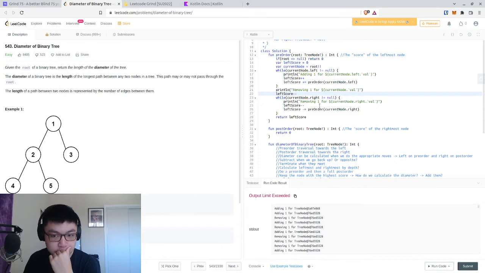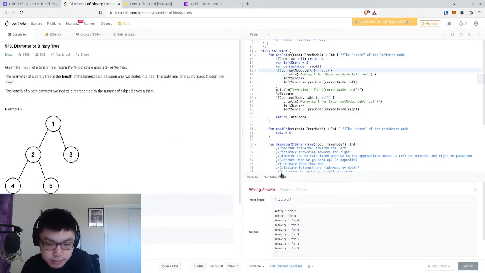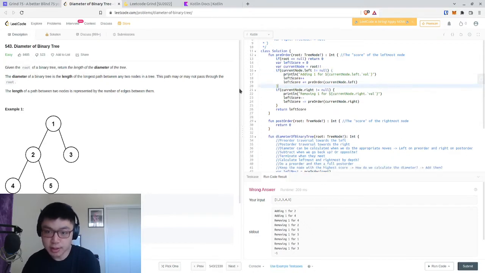Let's see. And I think I want to change these from whiles to ifs. And let's see what we get here now. Okay, we add 1 for 2, add 1 for 4, removed 1 for 4, removed 1 for 2, removed 1 for 5, and then remove 1. Okay, so yeah, this part is